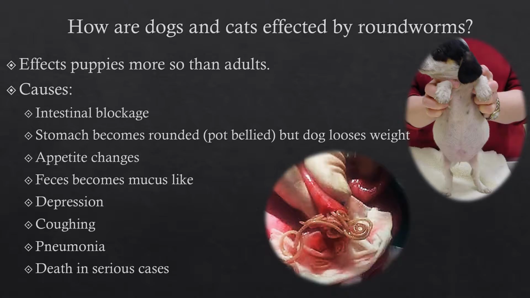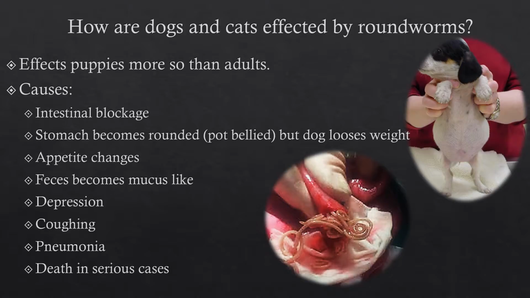How are dogs and cats affected by roundworms? They affect puppies more so than adults. The causes are intestinal blockage, which is the picture below with all the worms. The stomach becomes rounded or pot-bellied, but the dog loses weight, like the picture to the right. And that happens because the worms are eating all the dog's food and the dog isn't getting any of the